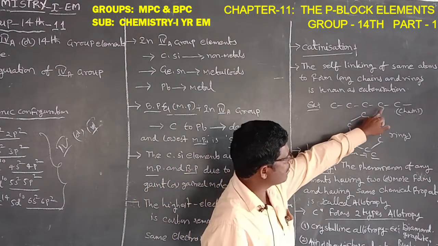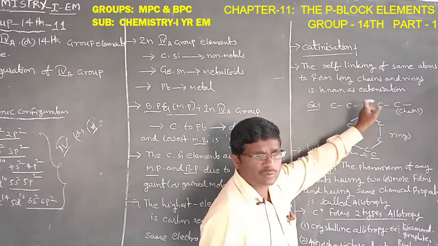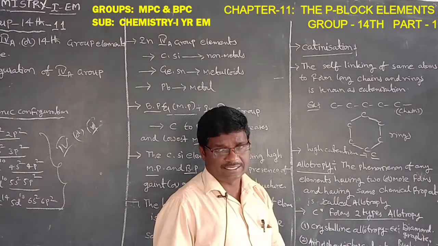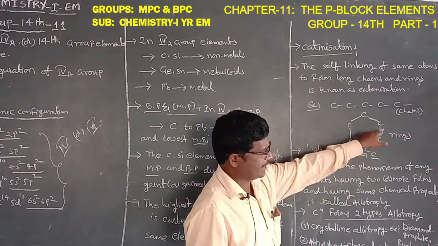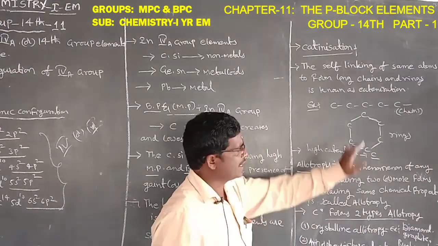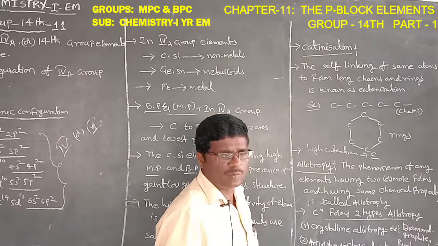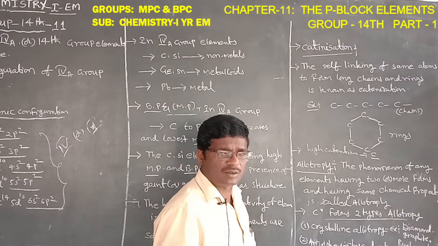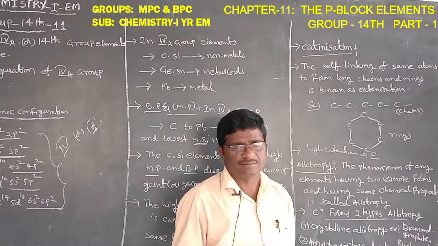Carbon bond, carbon bond, carbon bond. Here the same elements bond to form a chain system, and carbon, carbon, carbon forming a ring system is also known as catenation ability. In fourth A group elements, carbon has the highest catenation ability. In the modern periodic table, carbon has the highest catenation ability.